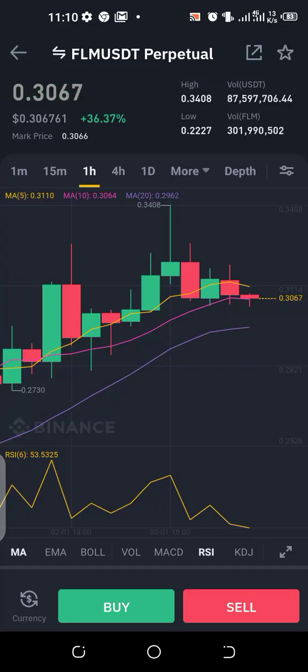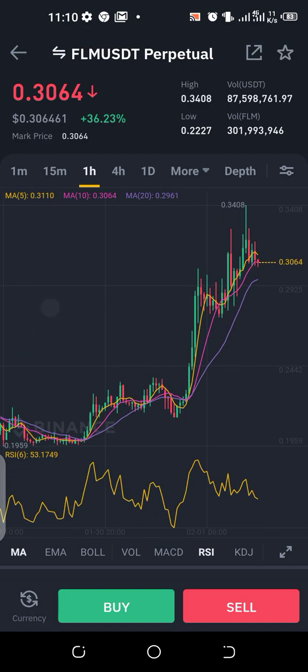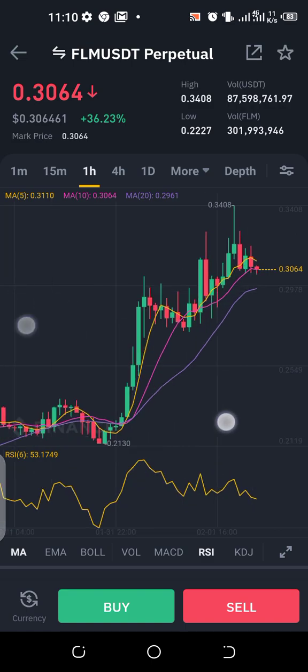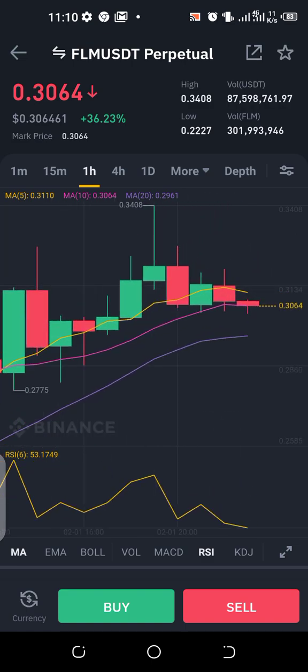Alright, so using this graph, the FLM USDT coin chart, to try to predict how high this coin will rise again before it falls. If I really think it's time for the coin to fall, that it has risen so much and it's likely to start falling,